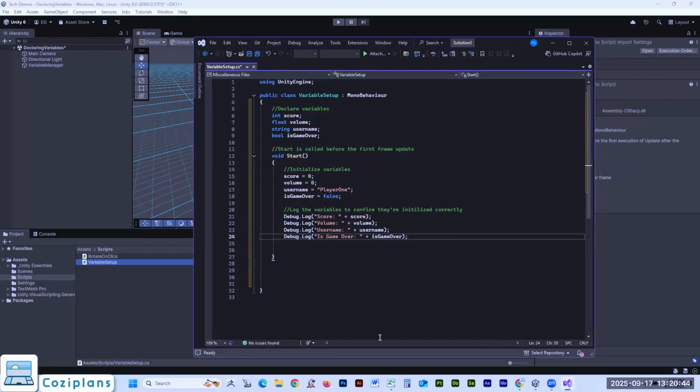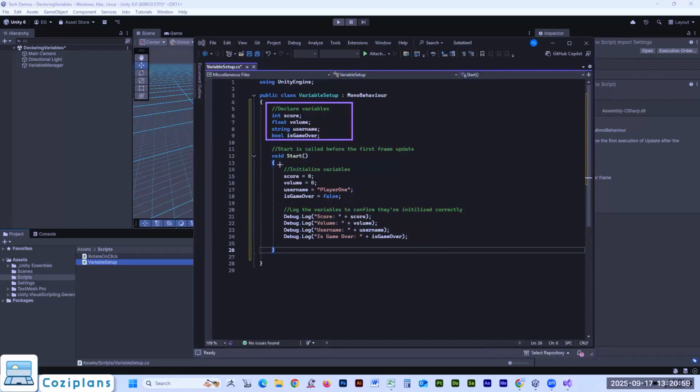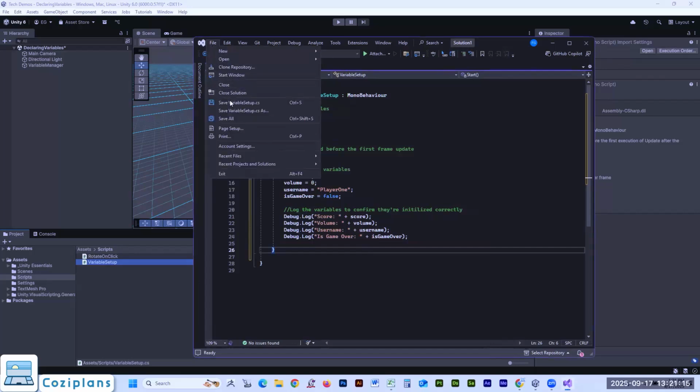All right. And at that point, I'm just going to clean up my code and double check it with my eyes before we save and go back to test it out and wrap up this. So I've got my variables here. Let me grab my drawing tool real quick. I've declared my variables here. I've initialized them here, and then I'm going to test them here. And looking through, I don't see any typos, so I'm just going to clear my drawings there, save my code,